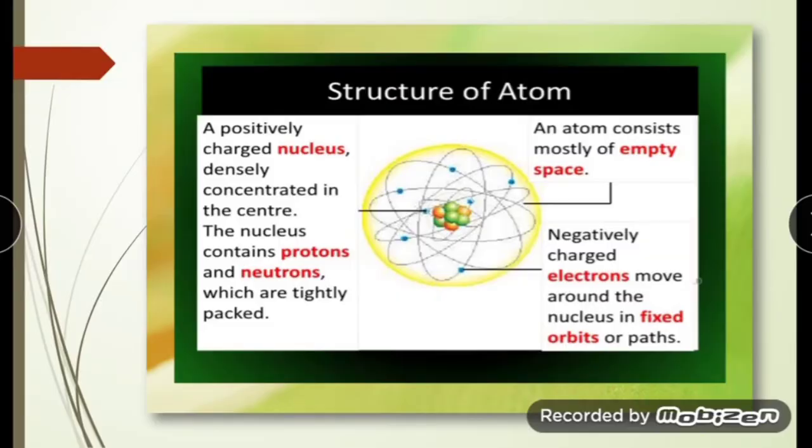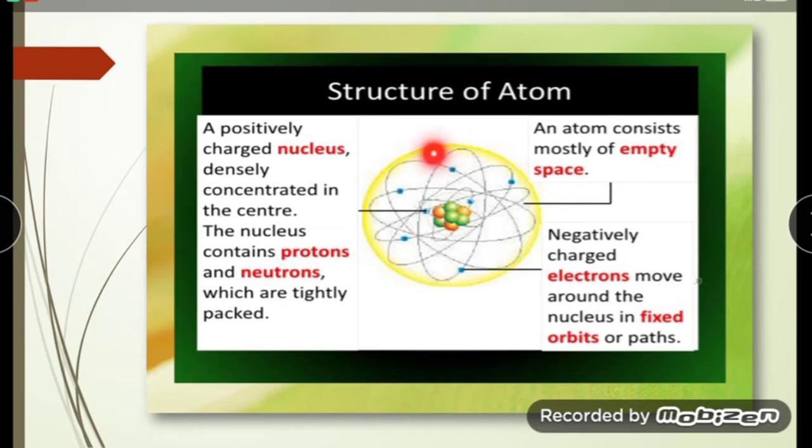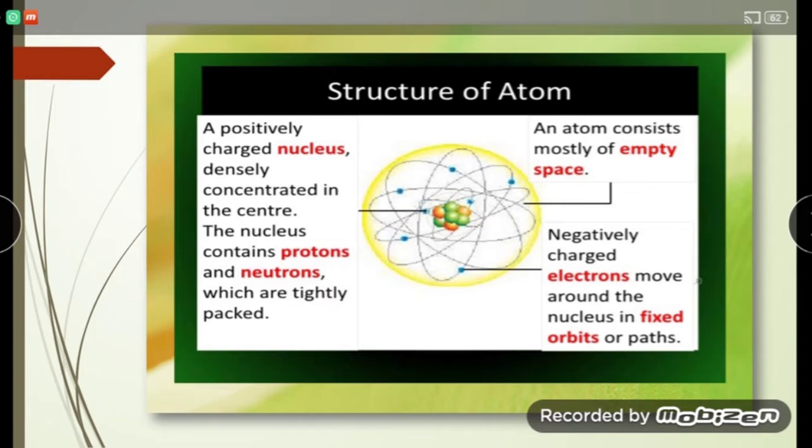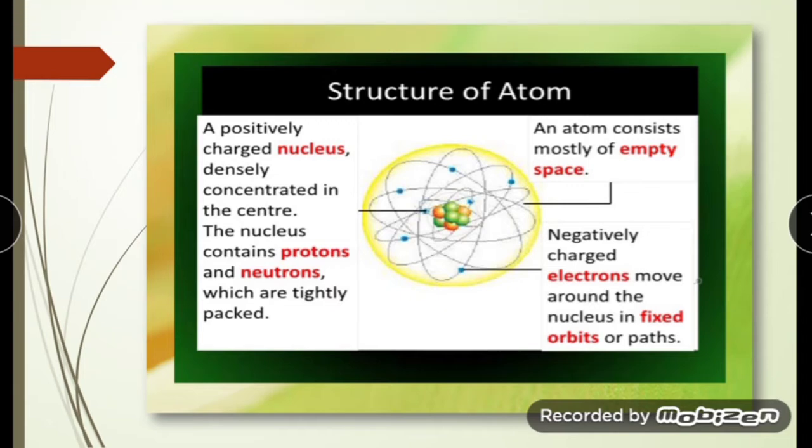Inside the Atom. Now you know that, children, in an atom, the nucleus contains the neutrons and the protons. The neutrons don't have any charge, while the protons are positively charged. Both the neutrons and protons are closely packed in the nucleus. And what about electrons? They move in a circular orbit around the nucleus. These orbits are called shells.